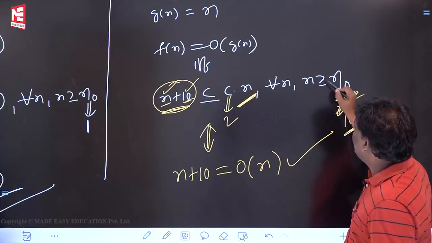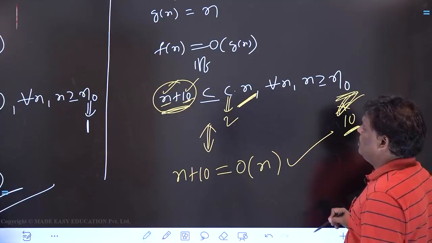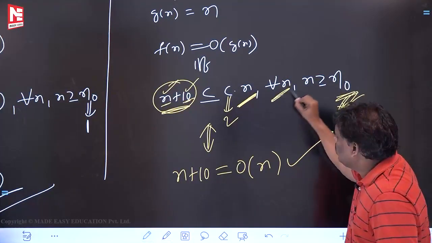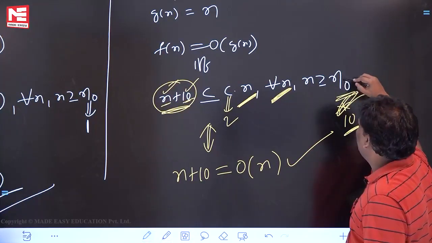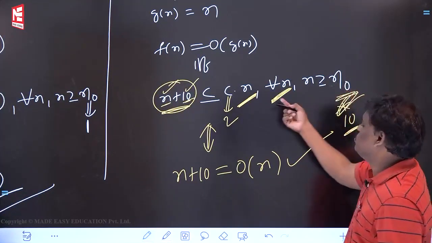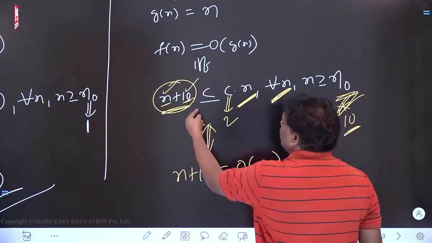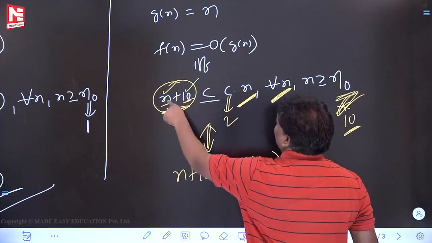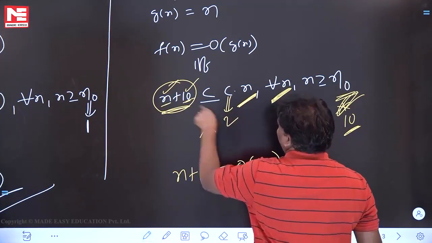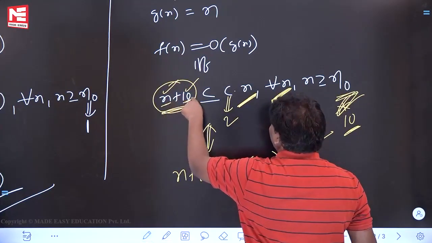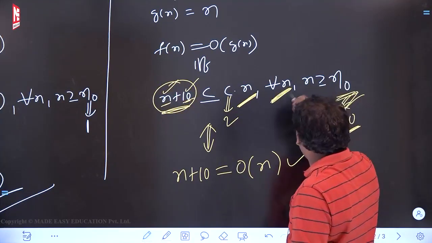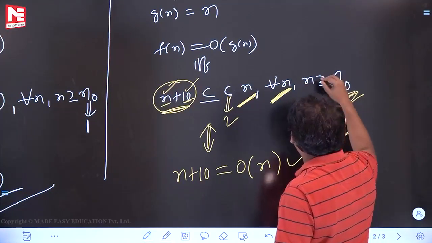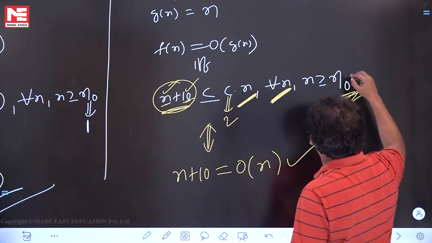For all n where n is greater than or equal to n0, where n0 is 10, from 10 onwards it is working. If you want, you can check. N value 10, it is 20. N value 11, it is 21, it is 22. N value 12, it is 22, it is going to be 24. So from 10 onwards, for every n value where n is greater than or equal to 10,